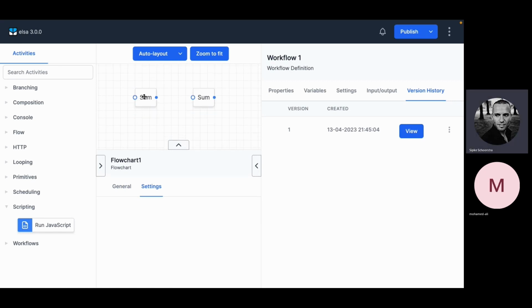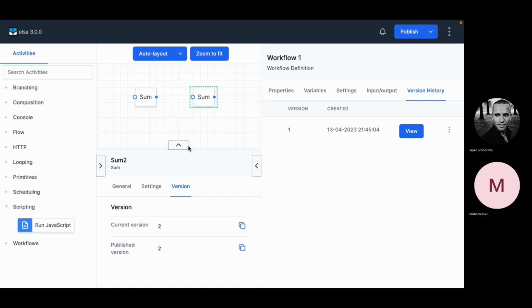But if you have many usages of your sub workflow or composite activities like this, it can be a lot of work to go through all of your workflows that use the sum activity in this example,